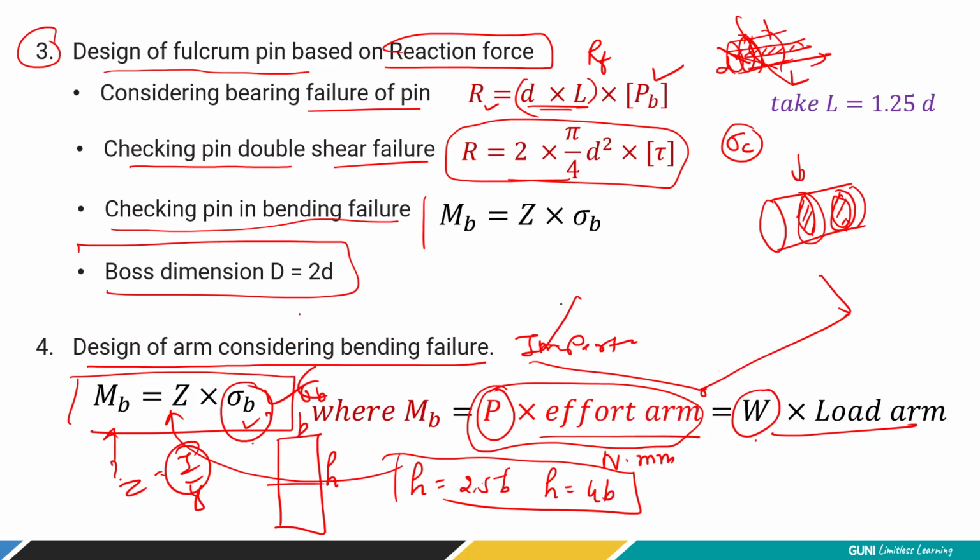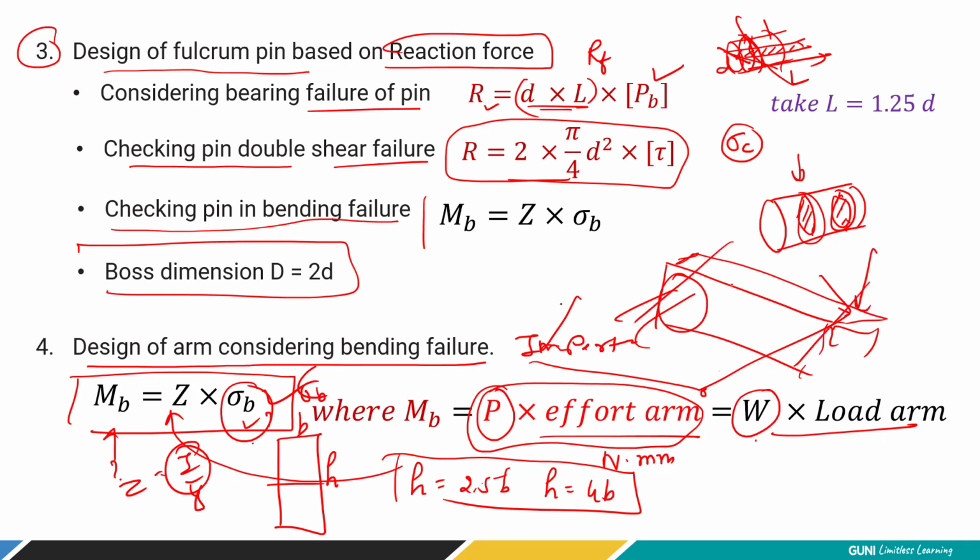अब यहाँ पे क्या करना है, जो भी लीवर है हमारा वो कैसे काम करता है? कैंटिलीवर बीम की तरह काम करता है, राइट? यहाँ पे भले ही पिन हो, हम यहाँ पे लोड अप्लाई कर रहे हैं. तो कैंटिलीवर बीम में जो भी लोड अप्लाई करेंगे तो बैंड इस तरह से होगा. So maximum bending stress will be observed nearer to the fulcrum point, right? So we have to design the cross section over here, not far away where we apply the load, effort. So this section we have to design.